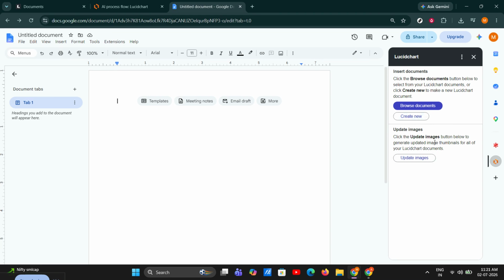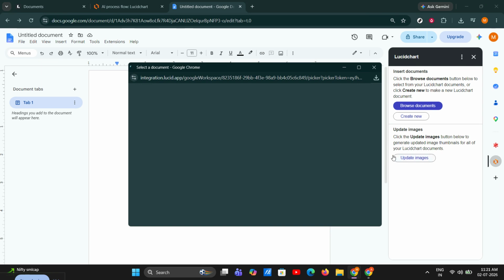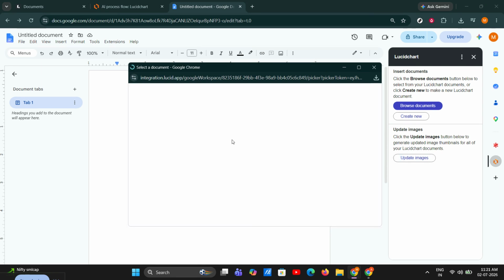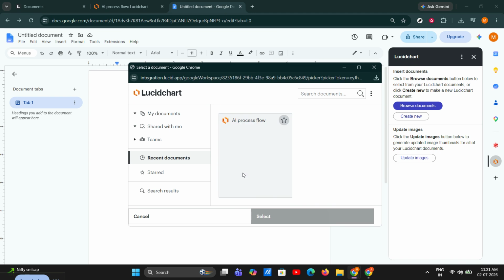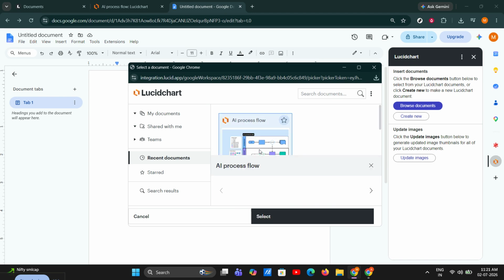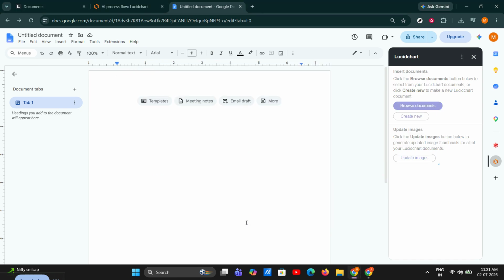After the panel opens, you can scroll through your diagrams or browse your saved documents. When you find the diagram you want, hover over it and click the plus button to preview it. This helps you make sure you're selecting the correct chart before inserting it into your document. If it looks right, click Insert. Your Lucidchart diagram will then be added directly into your Google Doc. This makes it easy to include professional-looking visuals without having to copy and paste images manually or use separate design